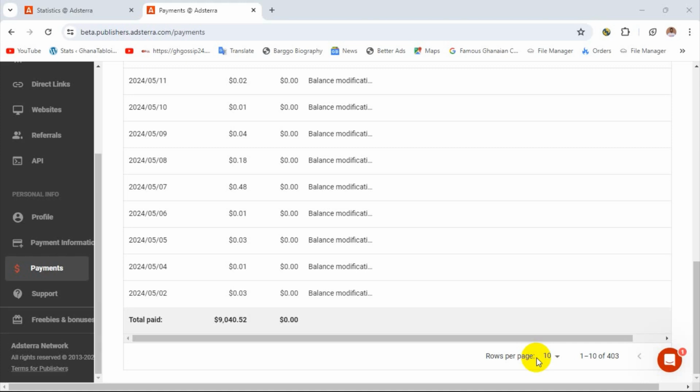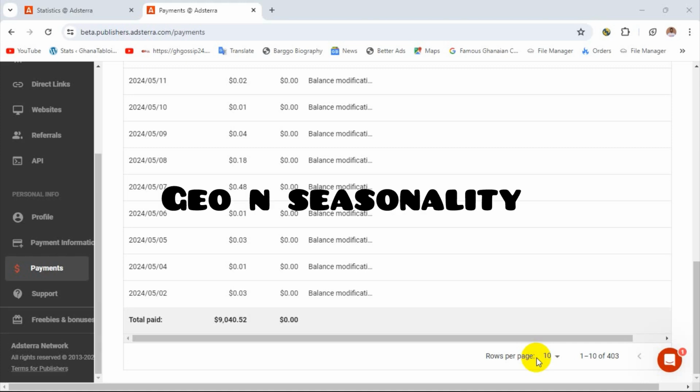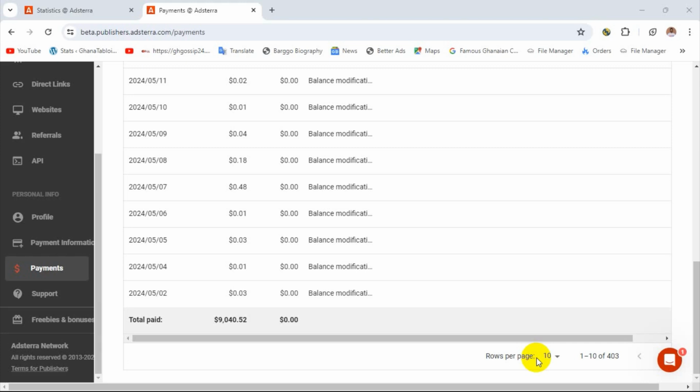This can affect your CPM. Geo and seasonality. Geographical area and seasonality can also affect your CPM. Your current competition for your traffic can also affect your CPM. Traffic type or targeting options can also affect your CPM. And finally, your past performance. These are some of the factors that can affect your CPM.